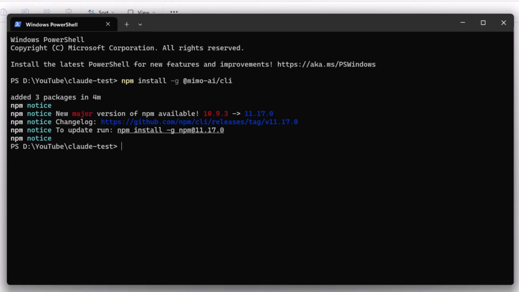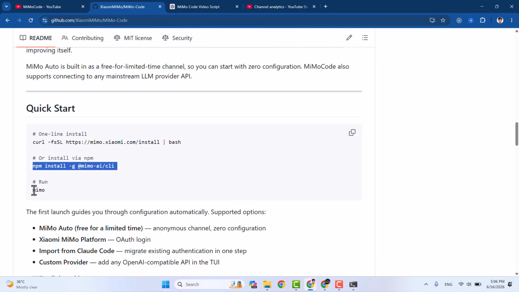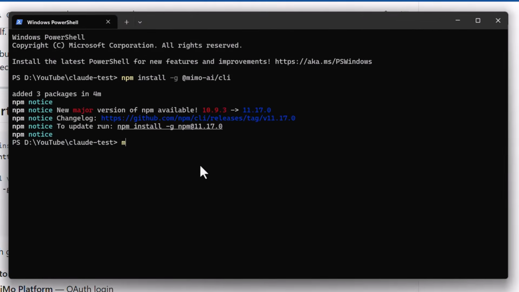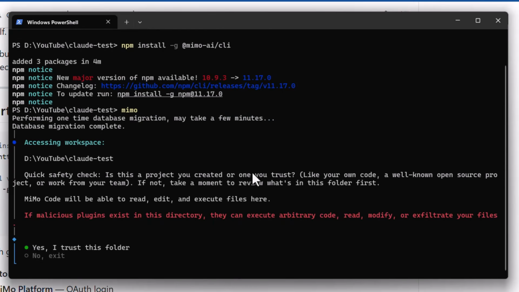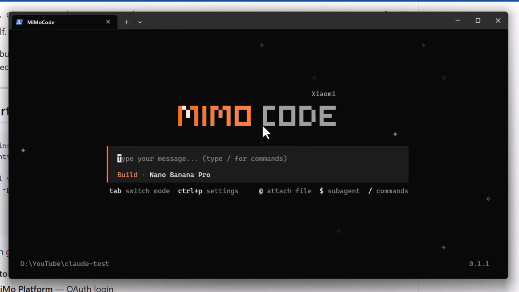After installing, it says to run this, simply write MIMO. Okay, so come here to the terminal and write MIMO, press enter. It is asking for the folder: do you trust this? Yes, press enter. I trust this folder, so it will now open the MIMO Code CLI, as you can